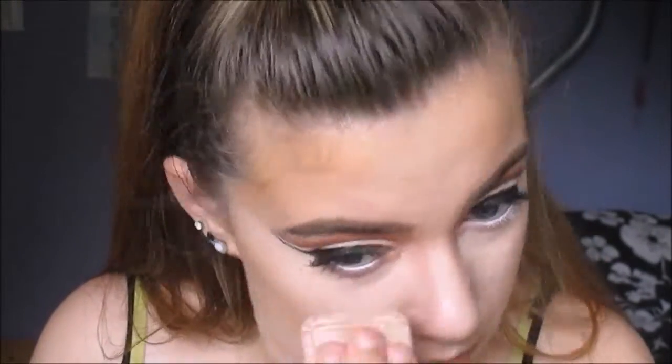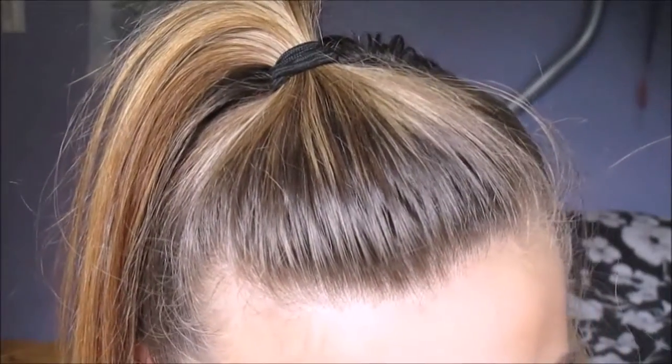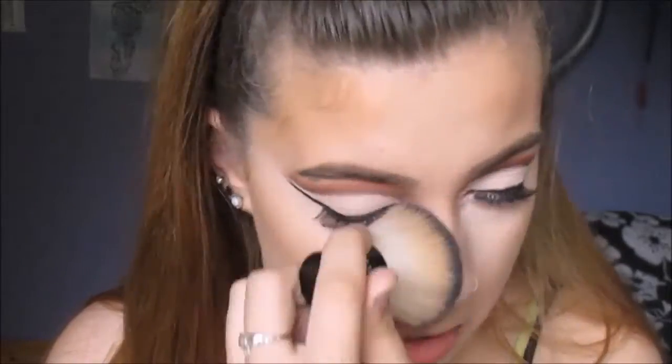Now I'll be setting my under eyes with the Rimmel translucent powder, the Stay Matte, again, but we'll be using a different powder for the rest of our face. So yeah, I'll be using the Natural Collection loose powder in warm translucent with a Kubika brush to set the